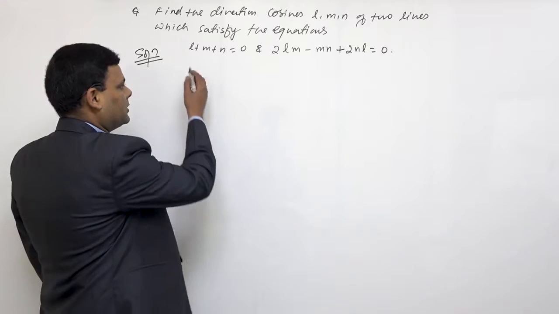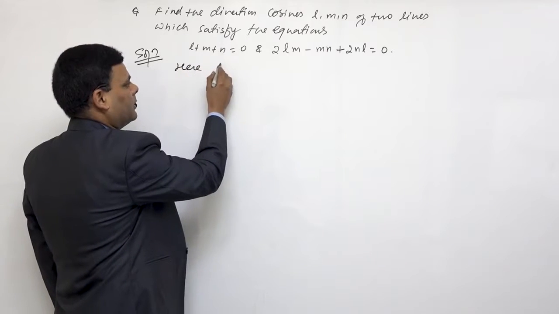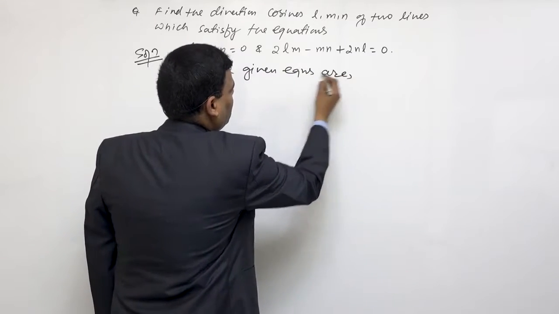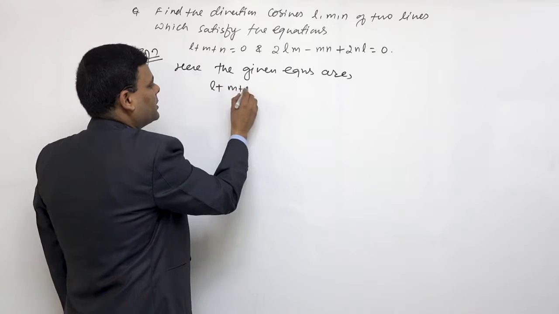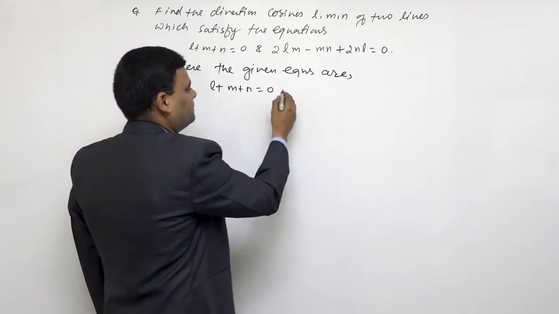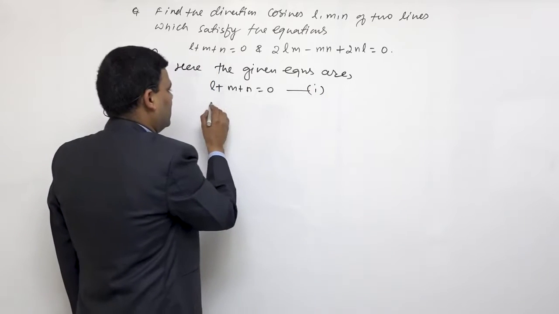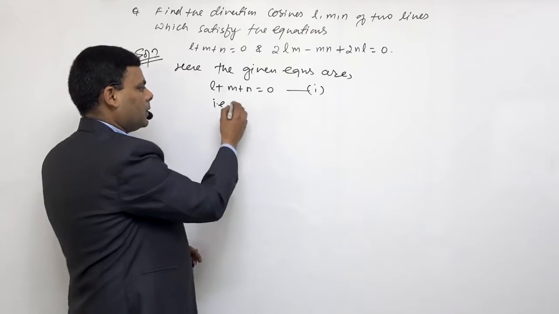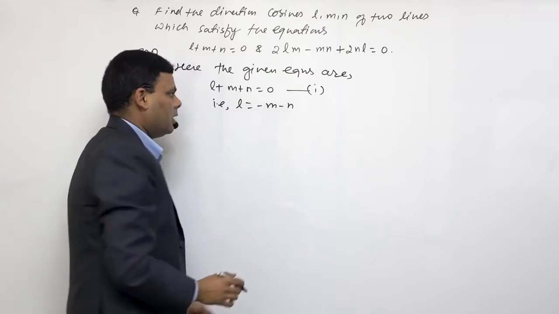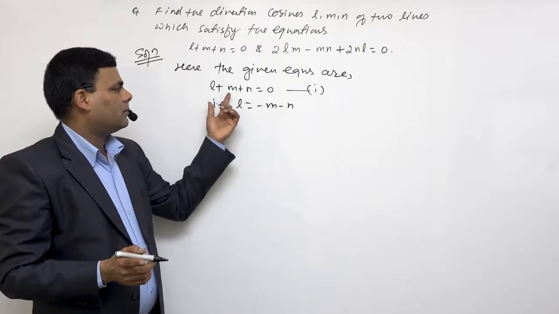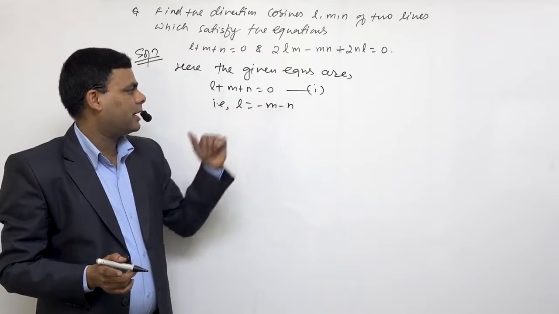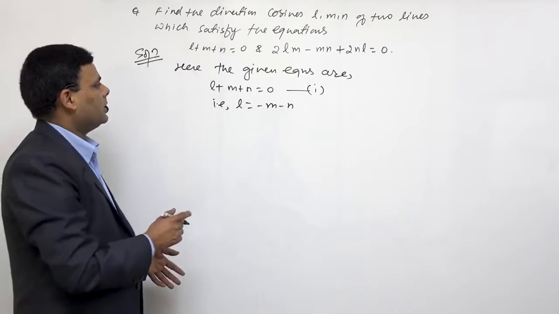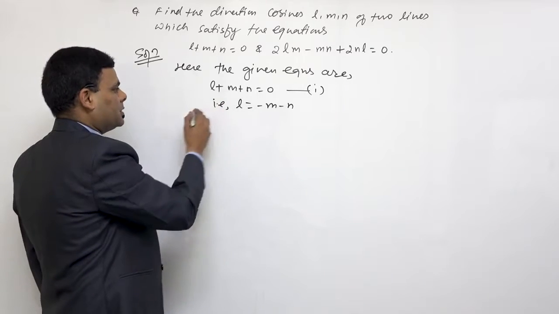Now first of all, here the given equations are L plus M plus N equals to 0, let it be 1. Now from this, we can find the value of any one of L, M, N: L equals to minus M minus N. You can also find the value of M equals to minus L minus N, or the value of N equals to minus L minus M. Any of them works, and given equations are this and